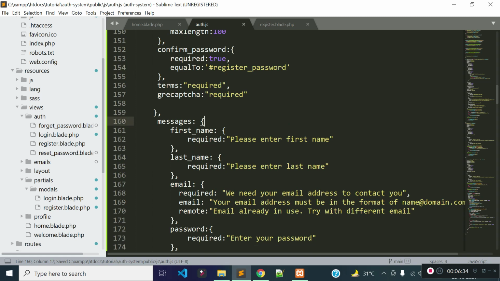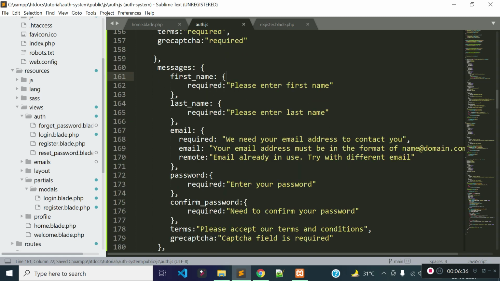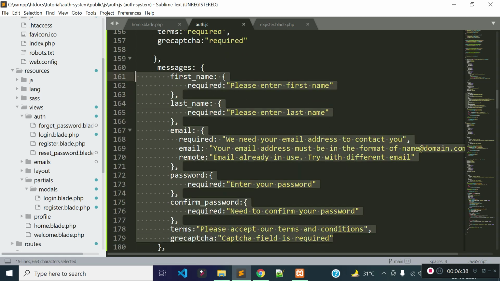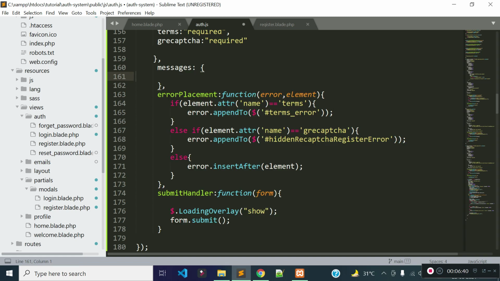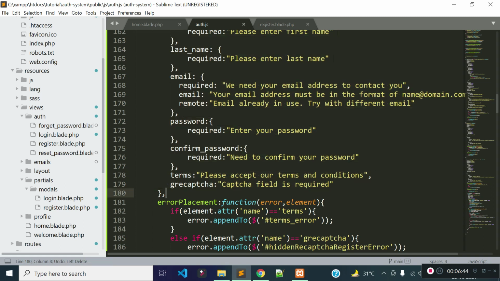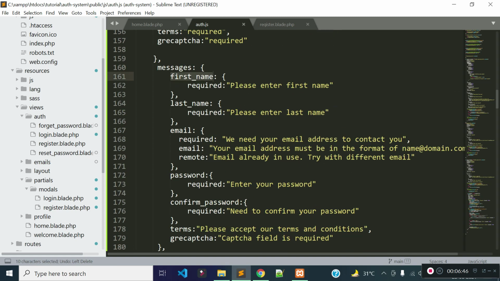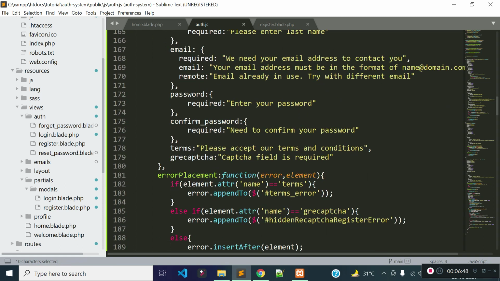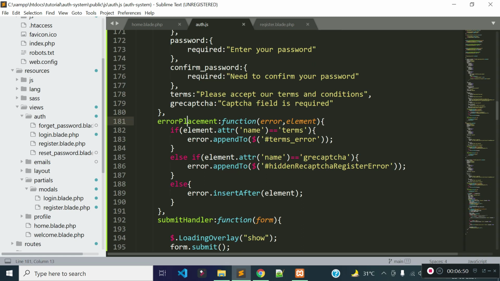And I have some customization messages. You can leave it blank if you do not want to show your customization messages. I just provided some customization messages for the first name, last name field and for the other fields also, and we just replace the error messages.